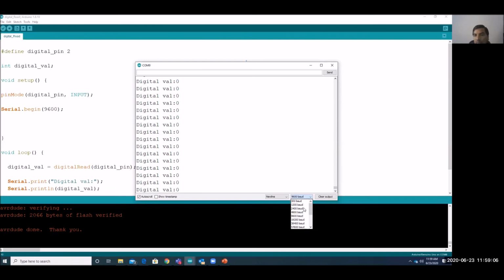There are so many baud rates. It depends on your device, how much speed your device is supporting. Based on that only you can communicate with the other devices. By default in the GSM, GPS and other devices, we are giving 9600. In some cases we are giving this value, 115200, to interface with the Wi-Fi devices. The rest of the devices will have 9600 ideally.